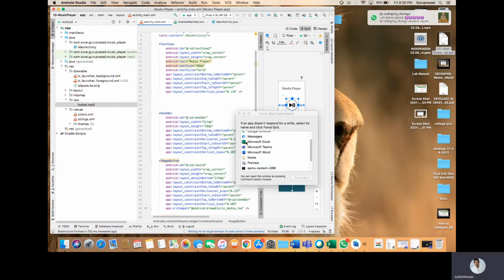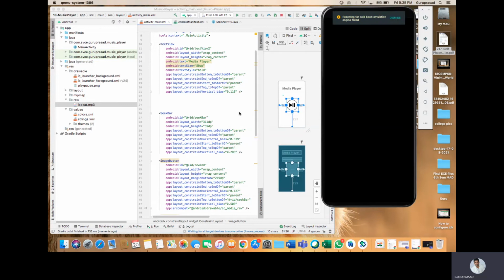Again, I'll play it on the emulator. So it is resetting, booting.